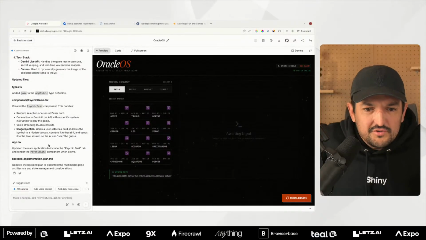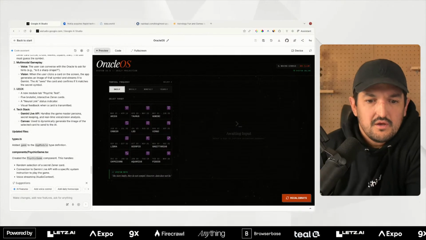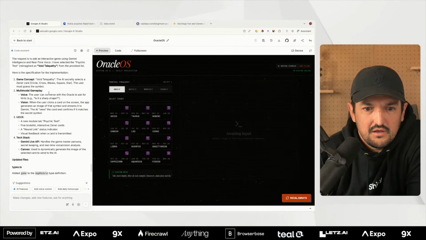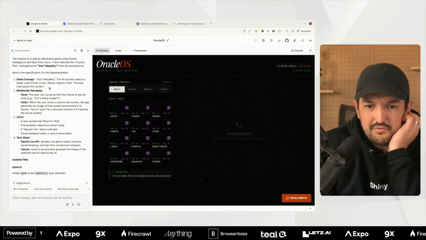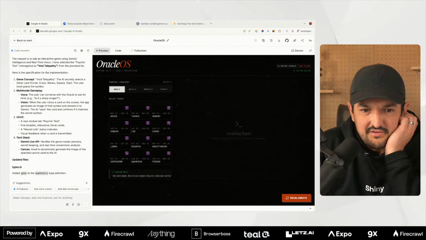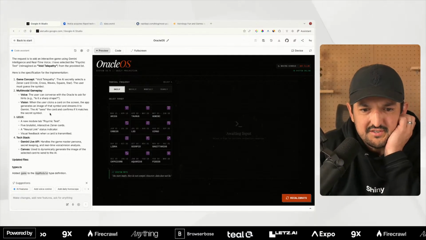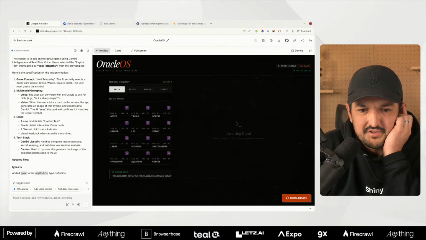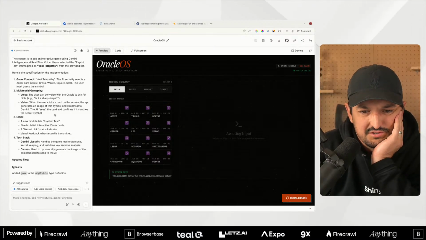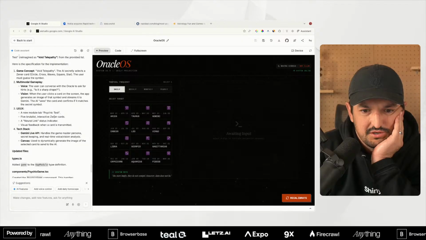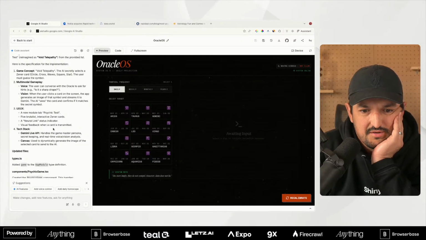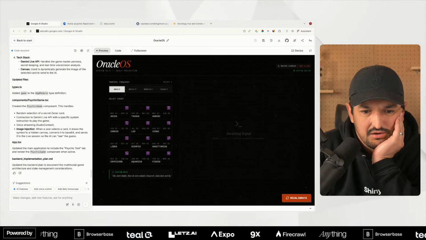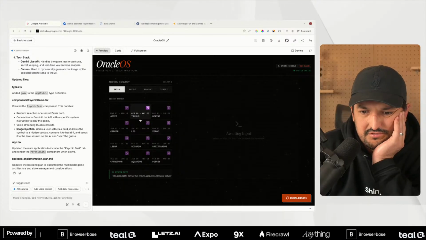Ooh, okay. We've got a psychic game. Void telepathy. AI secretly selects a Zener card and the user must guess a symbol. The user can converse with the oracle to ask for hints. Vision. The user clicks a card on the screen. The app generates an image of the symbol, streams it to Gemini. AI sees the card. All right. Let's go with